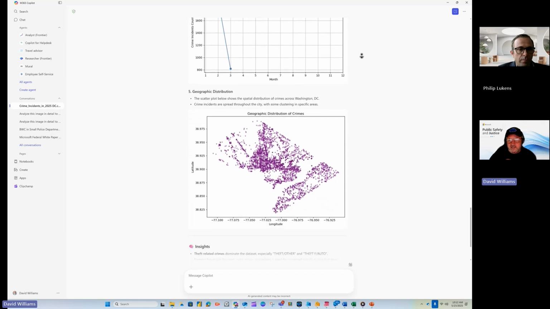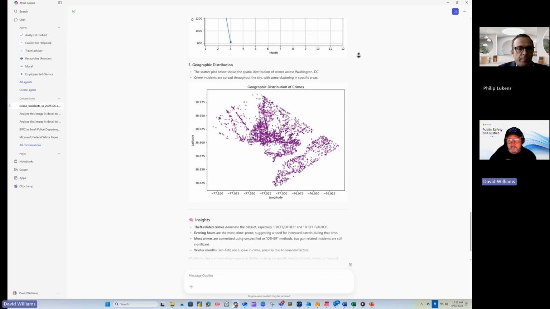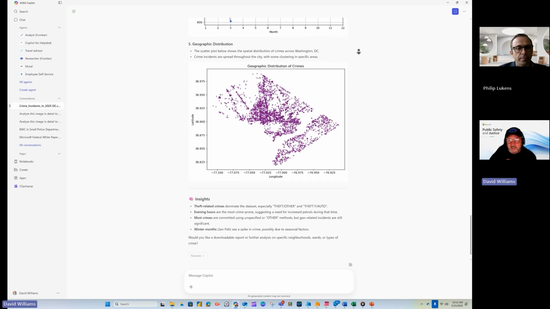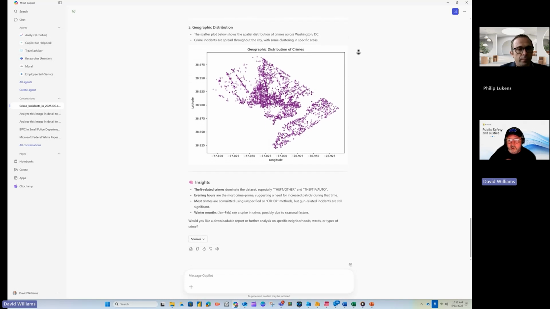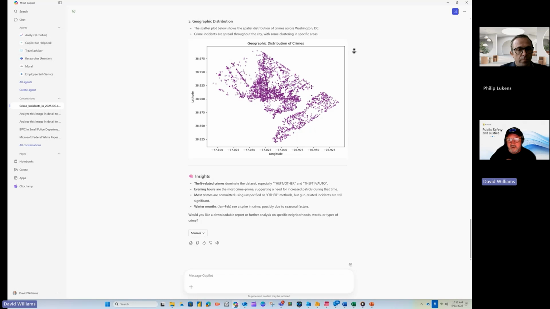And then it provides this distribution based on latitude and longitude, and this scatter plot of that is an overlay of DC. If you're familiar with the DC area, it's predominantly a chunk of a square, and then it just gives you some